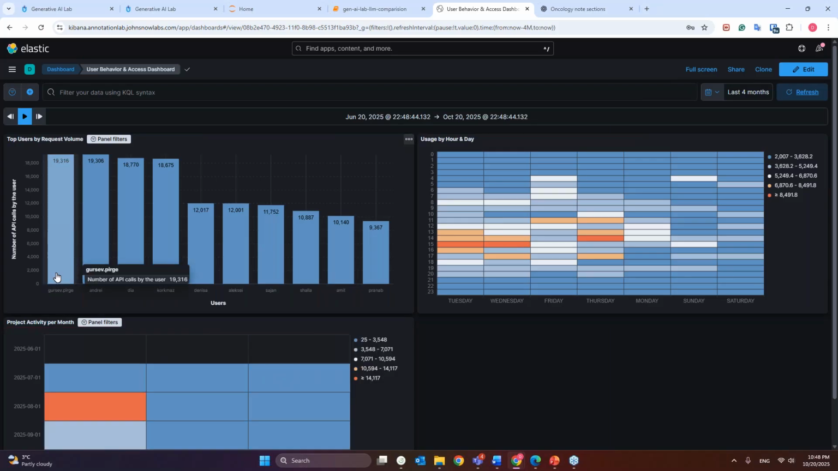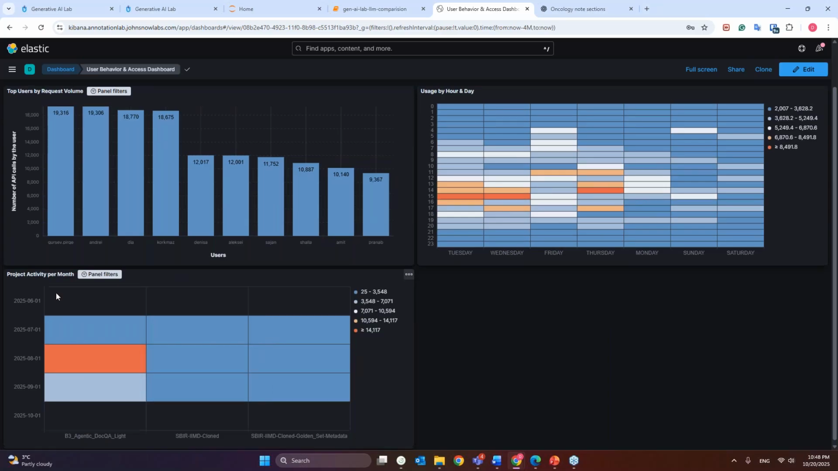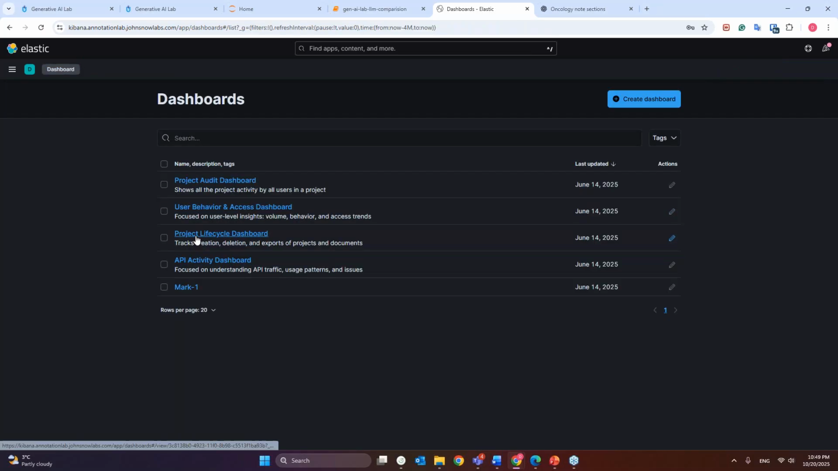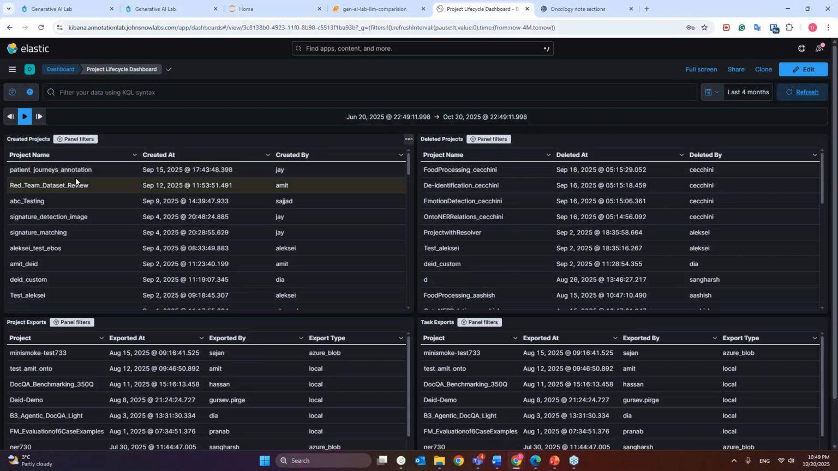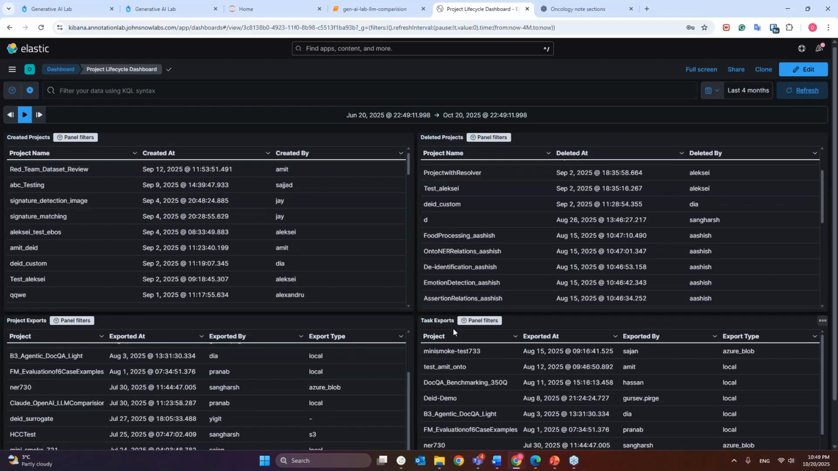Who are the most active users, the users per hour and day? So when is the system most loaded, and which projects have higher activity, which are probably the active projects. Also, you can see detailed information about, let me just refresh this, projects: when they were created, who created them, who deleted certain projects, who exported them, who exported the tasks,